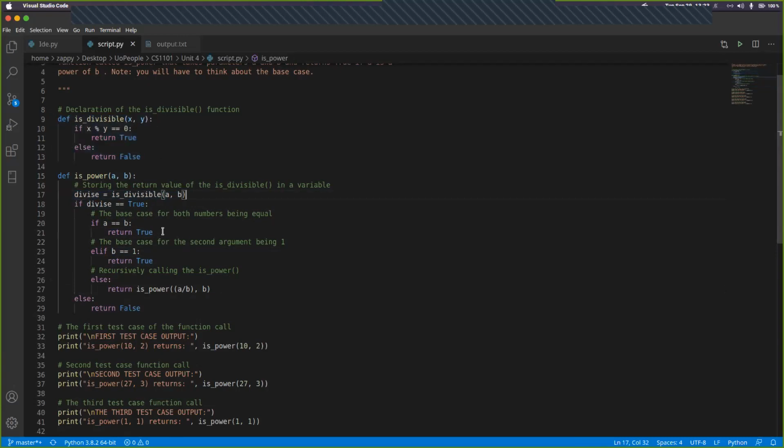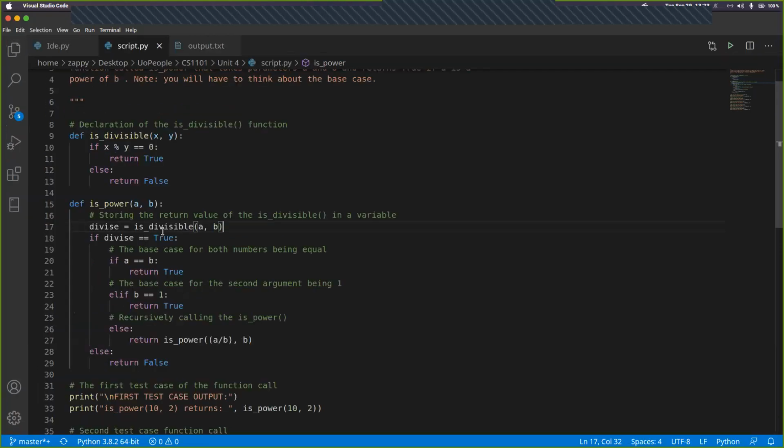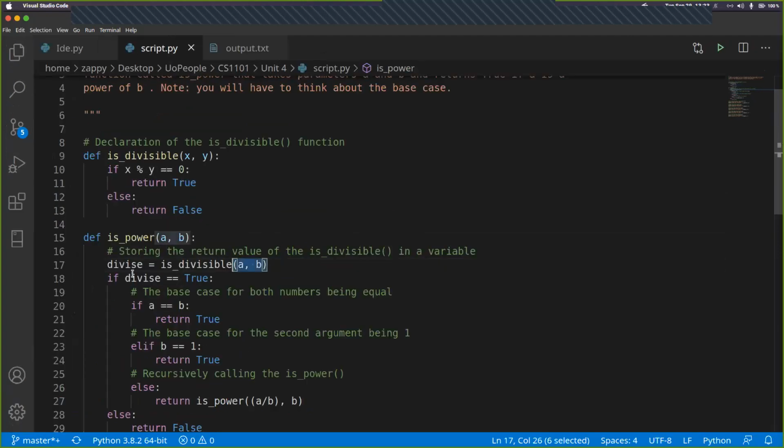I don't know if you can see. Let me zoom in for you. So this particular statement will evaluate to true if